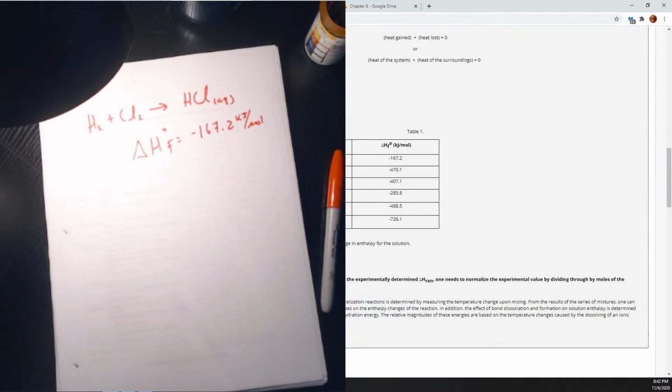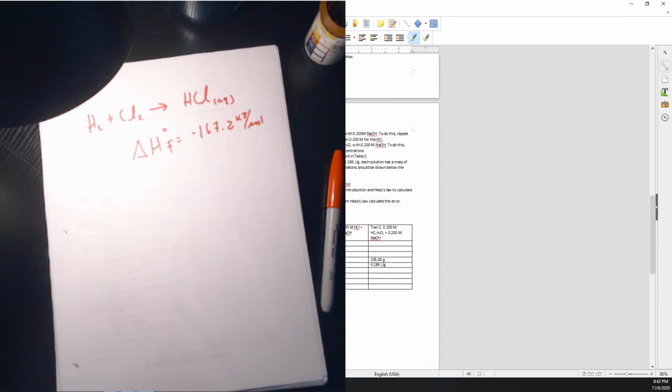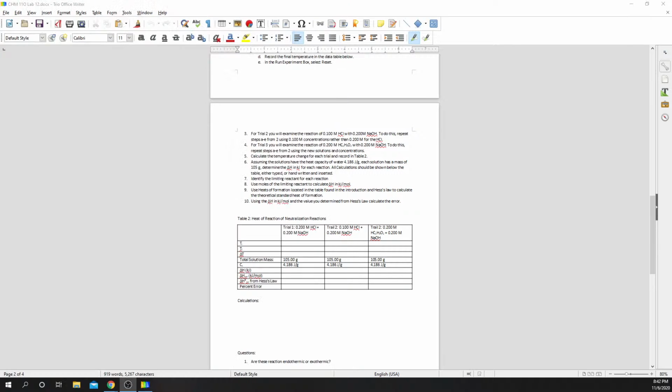So after you have those standard values to compare to, you're going to run a couple of trials for hydrochloric acid and sodium hydroxide, and then a third trial for acetic acid and sodium hydroxide. Oops, you can't really see that. All right, so for those